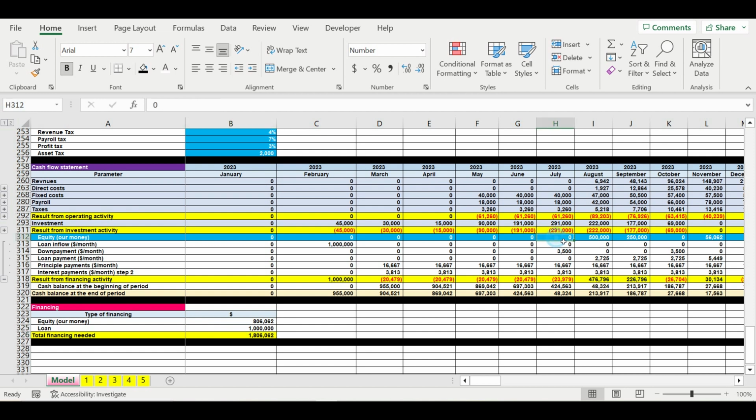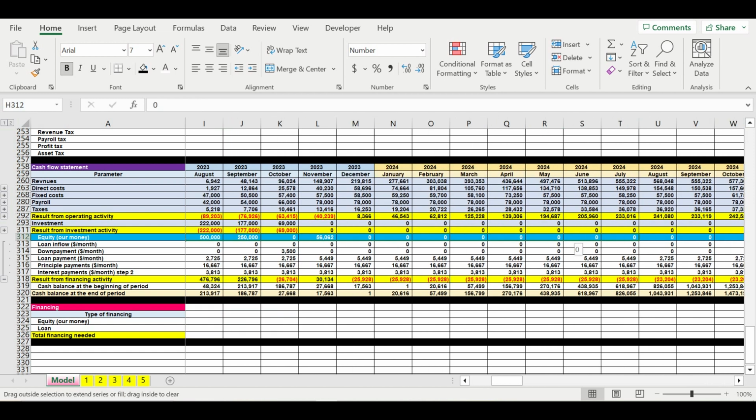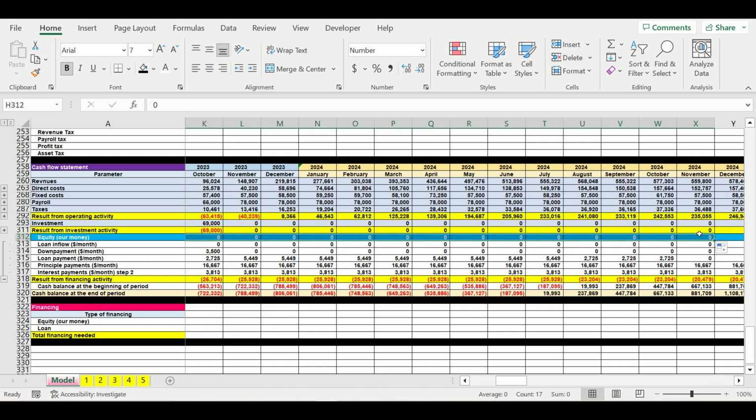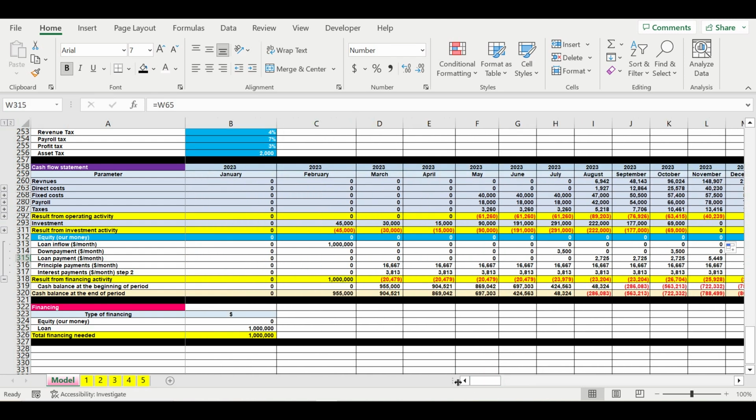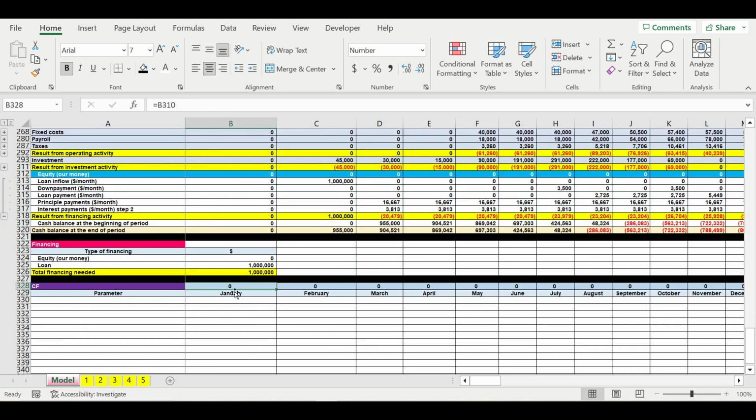But what we can do, we can try to automate. So as soon as we start playing with inputs, we will be creating a huge amount of different scenarios, and we need to automate the financing because it will take us a long time to calculate, to put these numbers, to avoid cash gaps. So we can a little bit simplify this story. So how we can do that? So let's copy the timeline. So let's name it just cash flow.